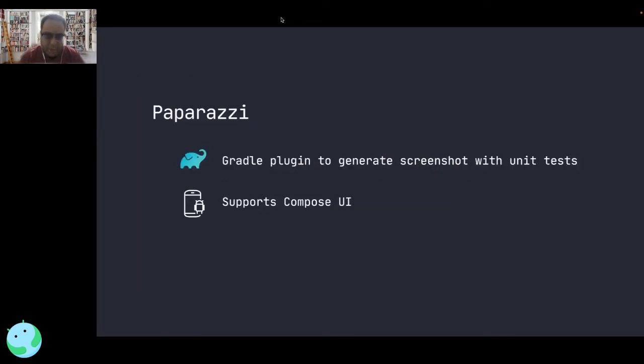And Paparazzi is a library by Cash App that you could use, and it provides you with a Gradle plugin to generate a screenshot with unit tests. It's a library that takes advantage of a library called Layout Lib. So when you look at Android and suppose you have an XML layout or a composed layout, you could render it in the IDE, and the tool that's being used to render it, that's what Paparazzi leverages to be able to render your layouts, your XML layouts, or your composed UI